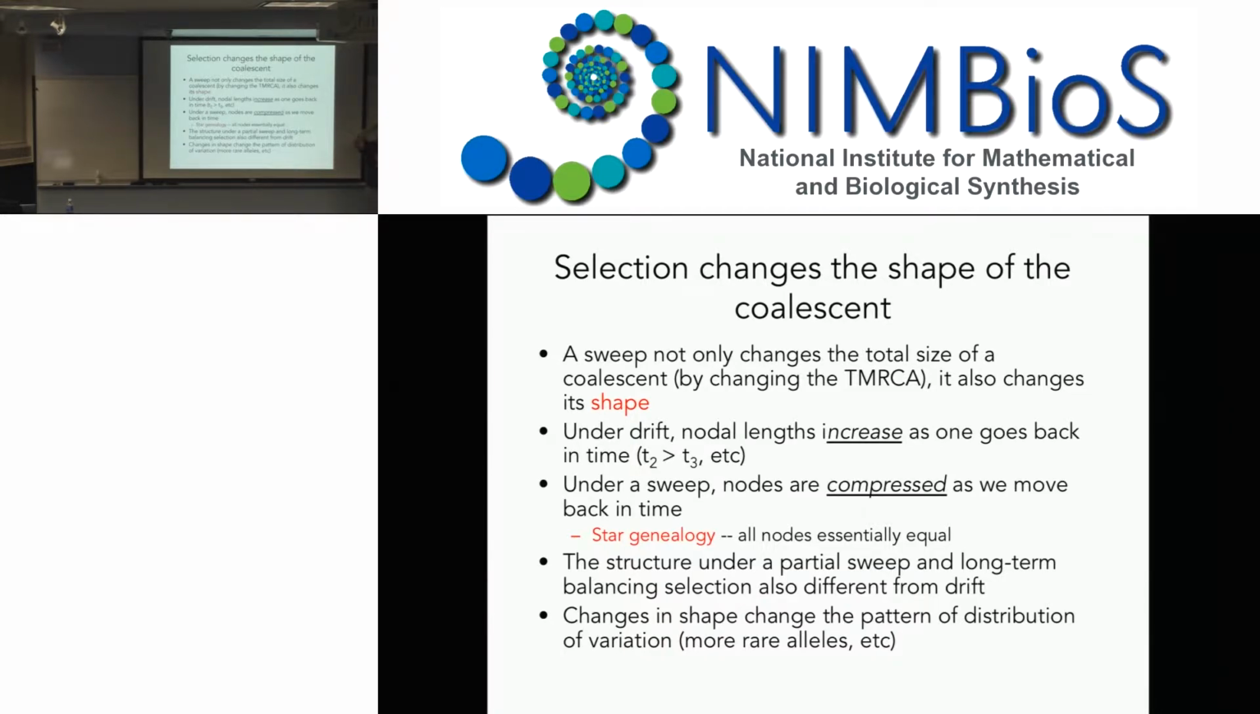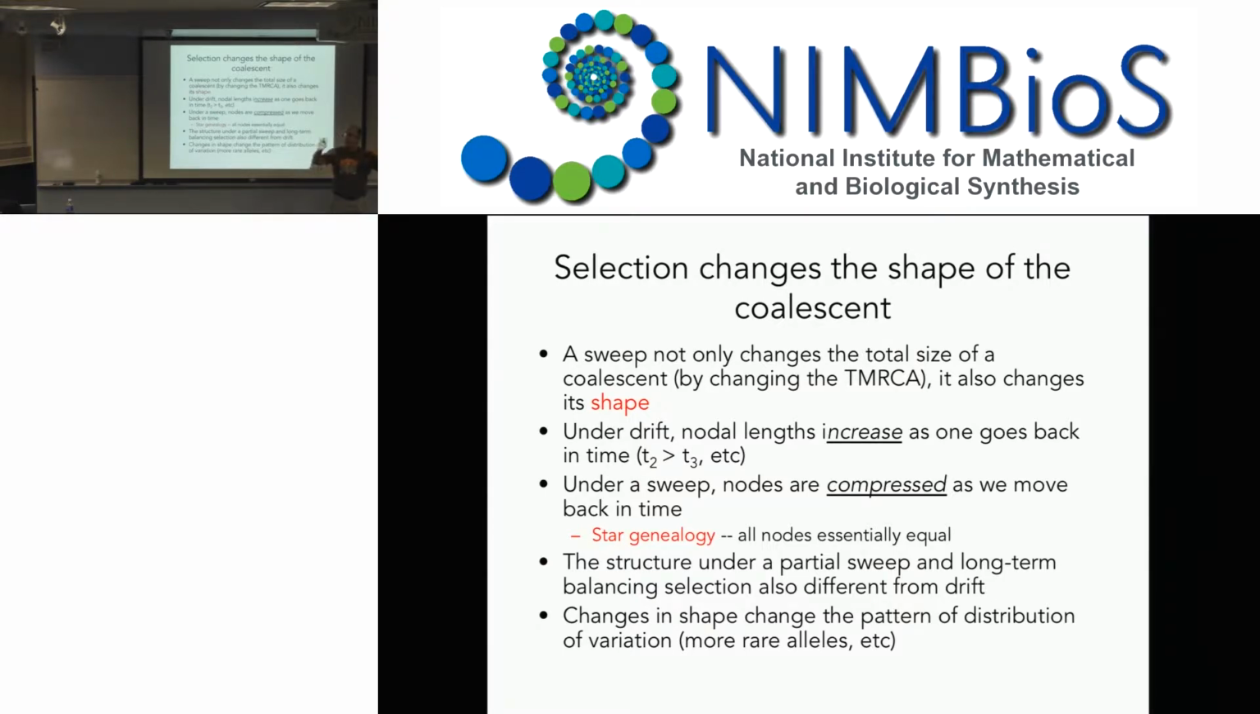Remember, in that coalescent time, half the coalescent time is going from 2 copies back to 1 copy. Those nodal lengths, as you go back in time, get larger and larger and larger. Under a sweep, those nodes are compressed as you go back in time. It looks more like a thistle, like a star coming out of that. So not only is it shorter, you get nodal lengths being compressed. And the importance of that is, think about those